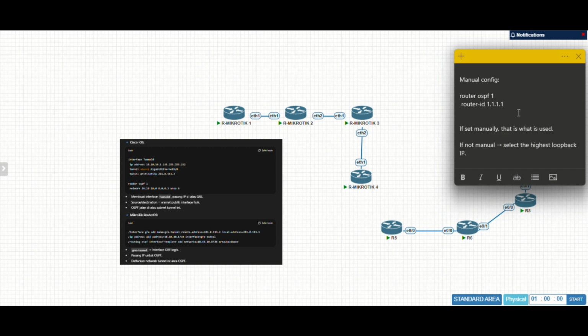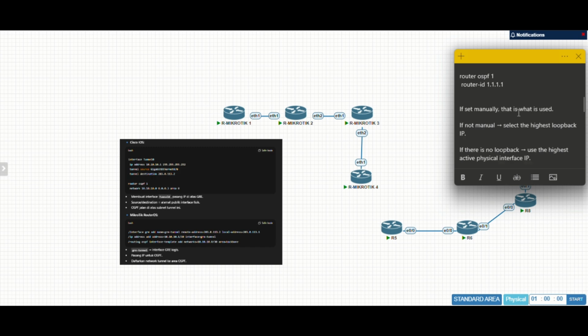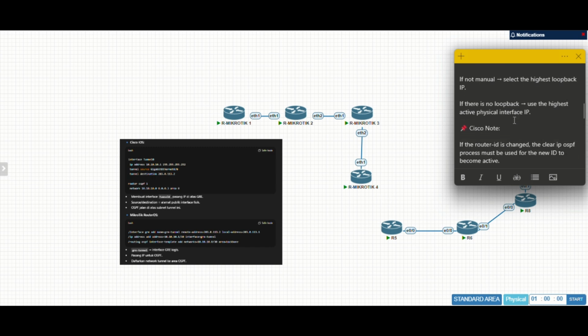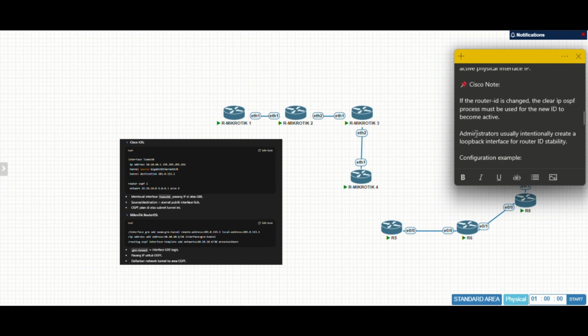But if not manual, meaning you do not configure a router ID, it will be selected by the highest loopback IP. Or if there is no loopback, you can use the highest active physical interface, maybe Ethernet 1, Ethernet 2, or gigabit 1, gigabit 2. And then this is the note: the router ID will be changed with the clear ip ospf process, which must be used to change to the new router ID.